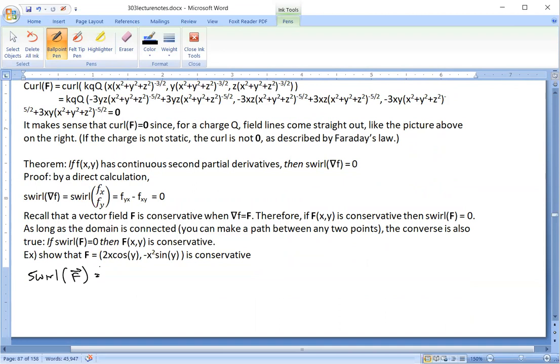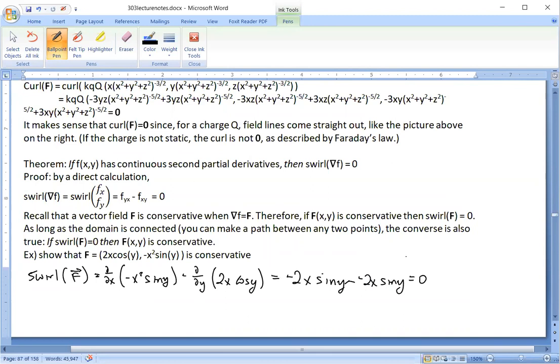So swirl of vector field F equals dQ/dx minus dP/dy. So that's d/dx of Q, which is negative x squared sine y, minus d/dy of 2x cosine y. Okay? So what does that work out to be? Negative 2x sine y minus negative 2x sine y. And what do we get? 0. So the swirl of the vector field is 0. Therefore,